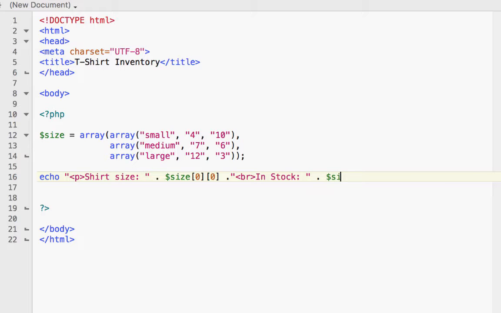So this is $size. We're still working with our small, and we're looking for this number right here. So we're going to put this in square brackets. We're still in the first row, so it's 0, but we're now looking for the item in the second space, so this is the one that holds the 1 value. So now we're saying we have shirt size, small, in stock, 4,